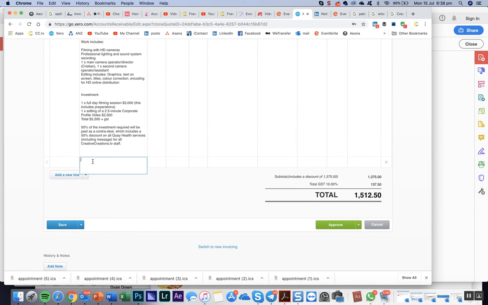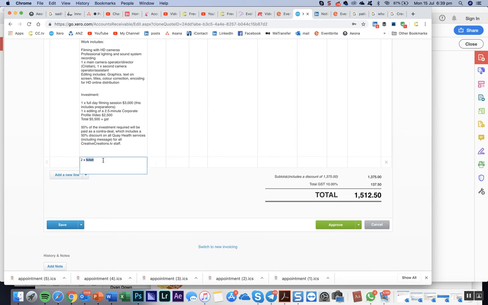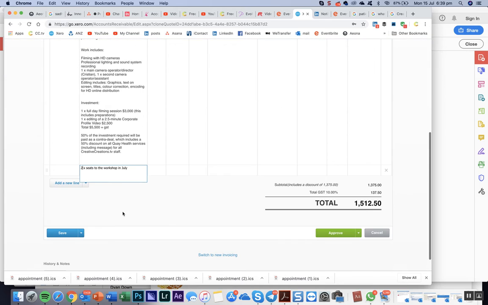Now, I was already writing this to you, but basically what we're doing here is two seats to the workshop in July. Now, again, this is a deposit invoice, right? That's why we wrote deposit there. So this is a 50% deposit. Also, we need to put this here, otherwise it doesn't explain that that's a deposit. Deposit for,